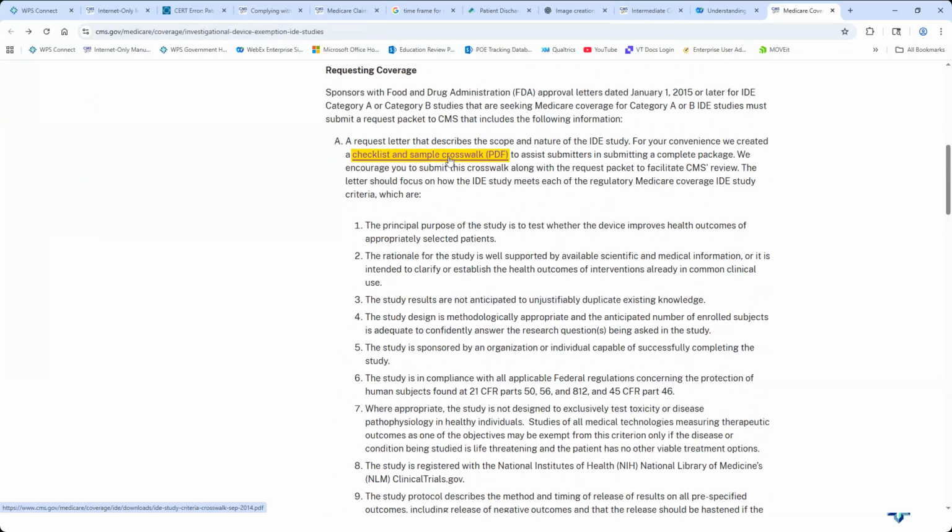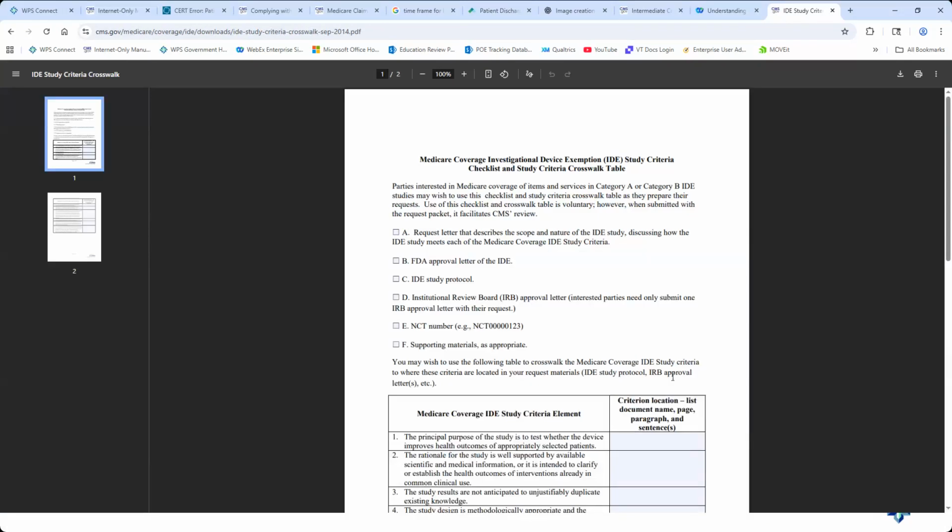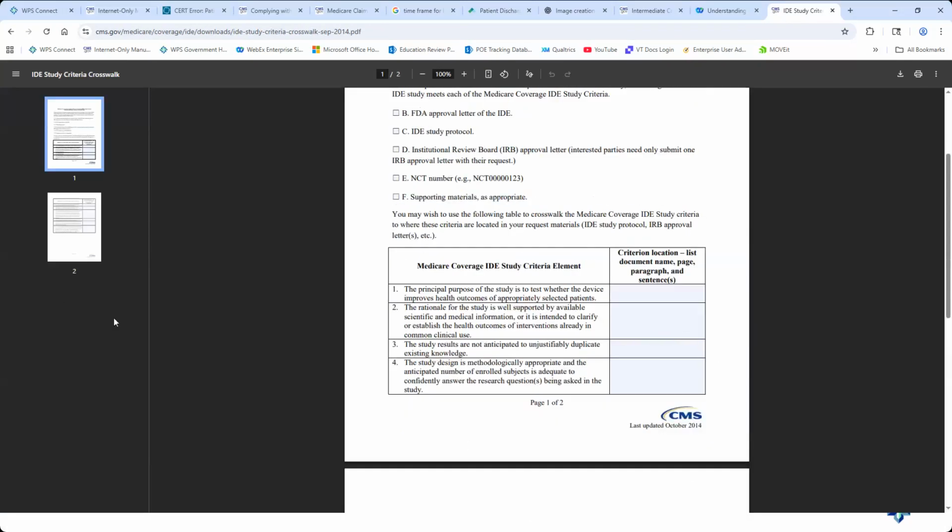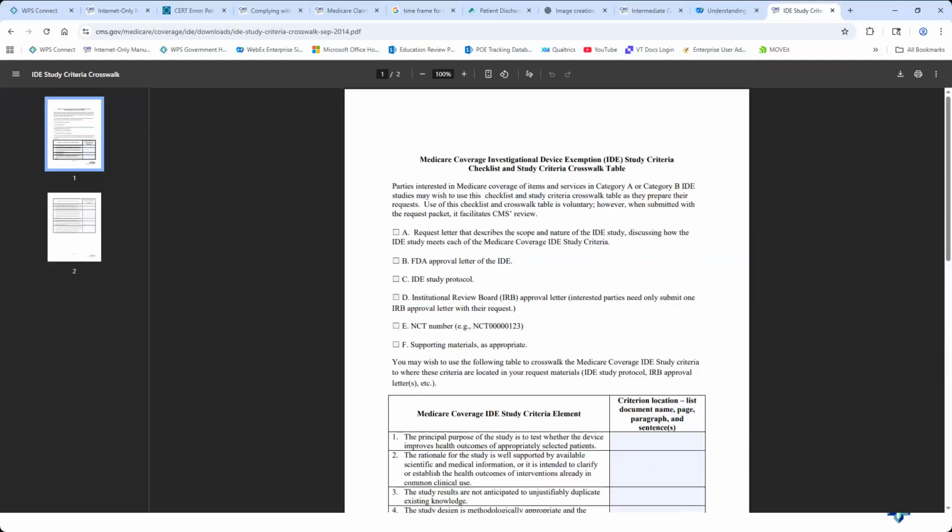So you can use the crosswalk checklist here, make life really simple for yourself, print this off and go through, or you can just read the long article. As you go through here, I just want to point a few things out that you need to have as part of your packet. It's going to include your FDA letter, your request, your IDE study protocol.